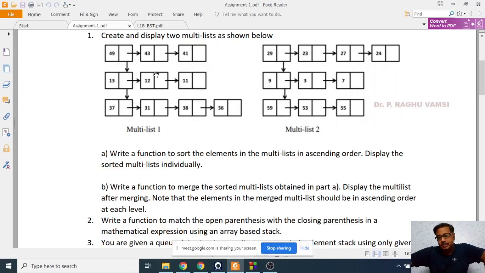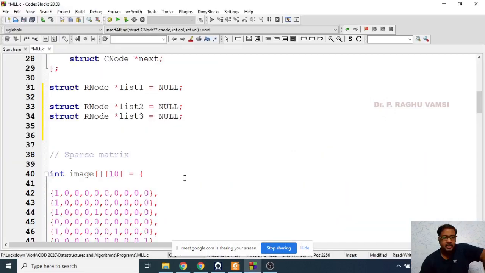That is the reason whenever 37 is given, first 37 will be inserted. Next, when 31 is given, it will be inserted at the end. So 31 will be assigned to the list at the end. Next 38 will be assigned to that list at the end. Next 36.